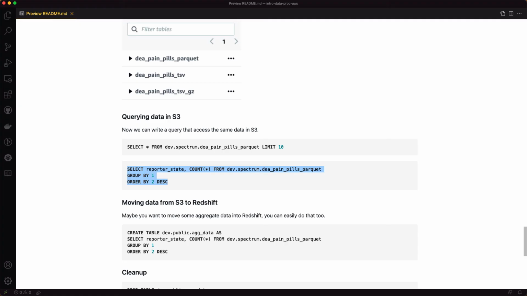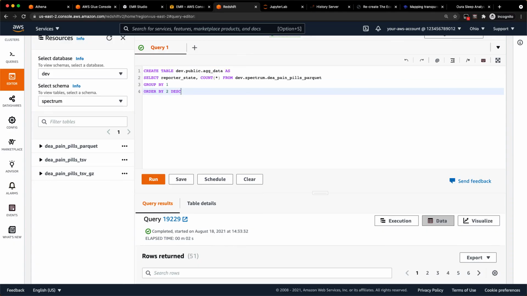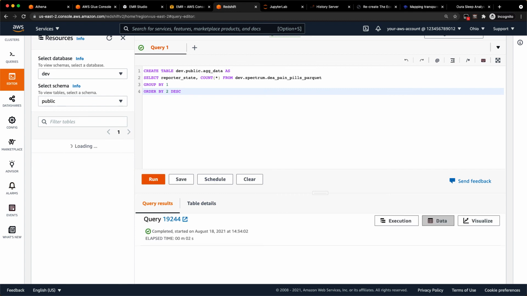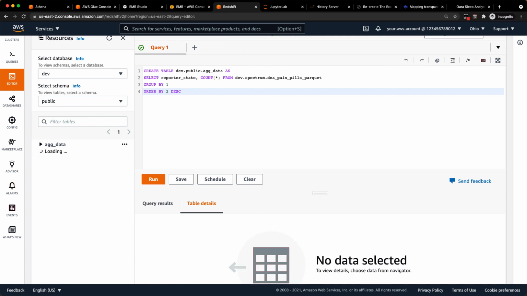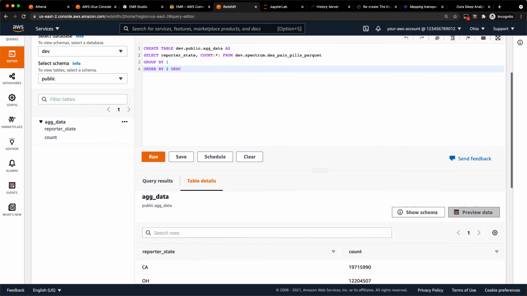So one common use case is pulling data into Redshift from S3. So if I wanted to, I could aggregate the data as part of this ingest process and then create a new table. So I'm just going to say create table ag data as select reporter state count star from that Parquet data set, and I'll go ahead and run that. And again, that'll be pretty quick, and that'll create me a new table in my public schema. Now you can see there's my ag data table right there. So if I just go ahead and preview that data,